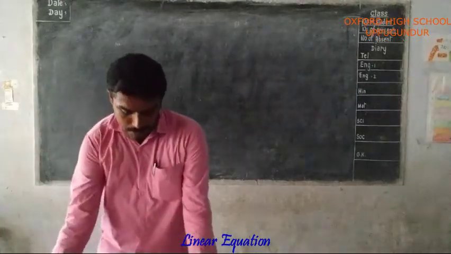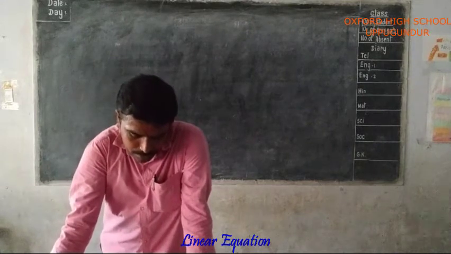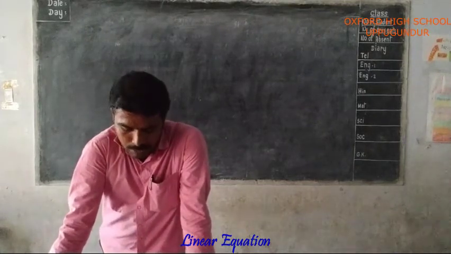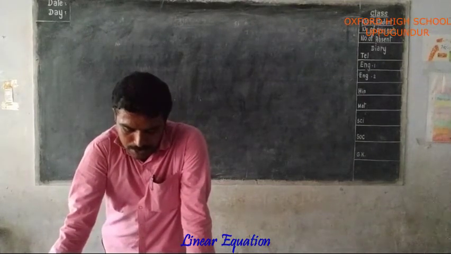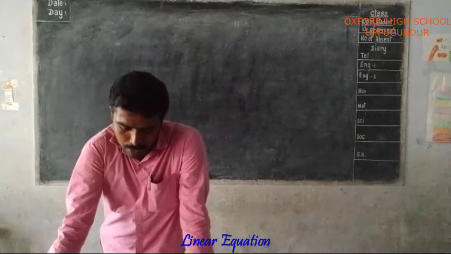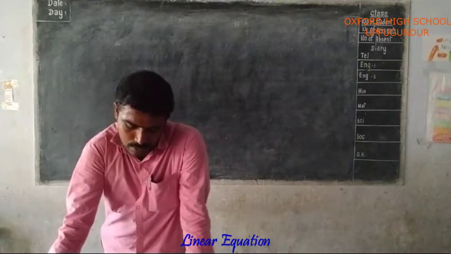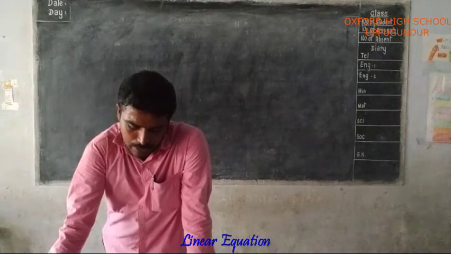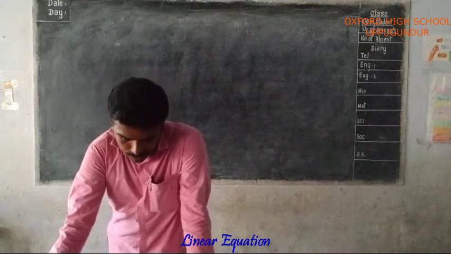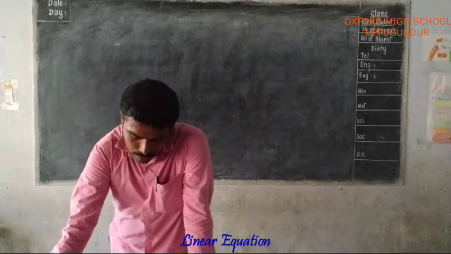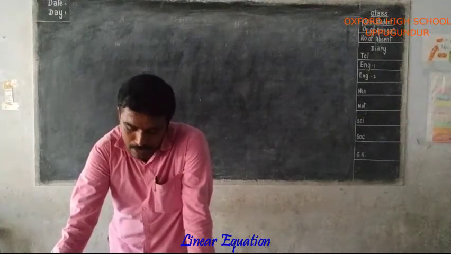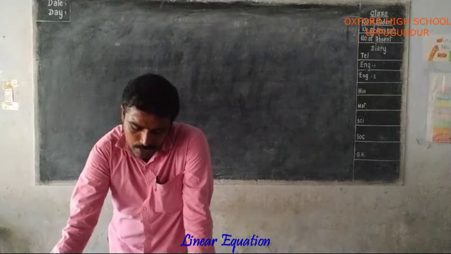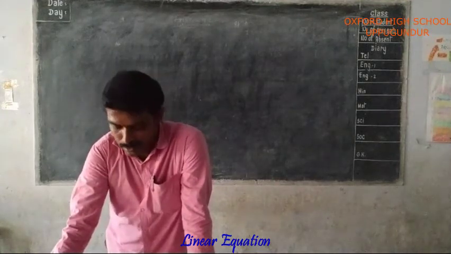The 9th and 10th problems you have to do in the same method. So the 9th one: a chemist has two solutions of hydrochloric acid in stock. One is a 50% solution and the other is an 80% solution. How much of each should be used to obtain 100 ml of a 68% solution?